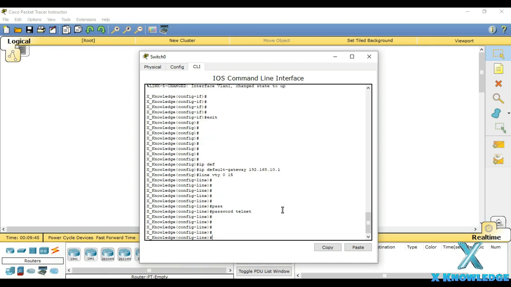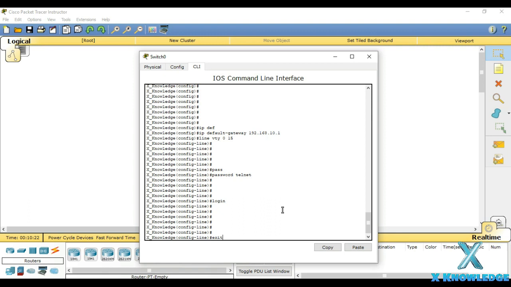Alright, now in order to activate this authentication such that it asks for a password every time, you have to give login. The same thing which we have done in the console part. So the telnet password has been set up. I will be showing you whether it got activated or not. Since telnetting can be done from a different PC, I will be setting up a PC and telnetting into this switch. But before that, I will have to go through some more steps like the enable password.